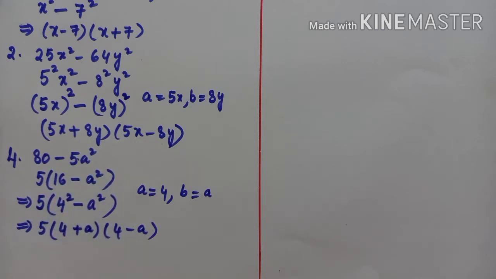In most of the problems it will not be like in the first and second problems, where the coefficients given were directly perfect squares. But in the fourth question they are not perfect squares. So how do you make a perfect square? First you take out the common factor, some number you can take out common, whatever is possible. Then inside the bracket you again have to check whether it's a perfect square or not. In this way you do it.